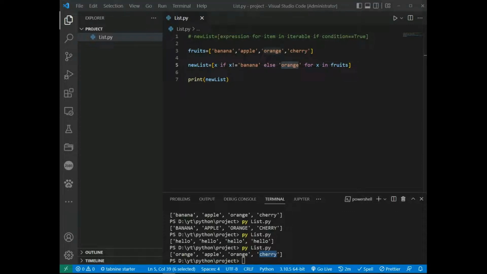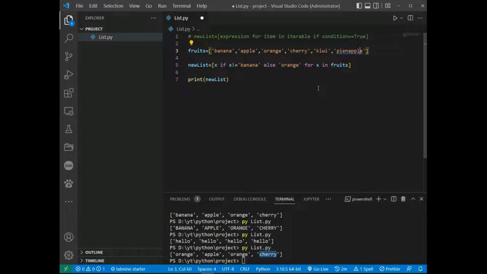And sort list. List objects have a sort method that will sort the list alphanumerically ascending by default. So I add items in the fruits like kiwi and pineapple and mango,